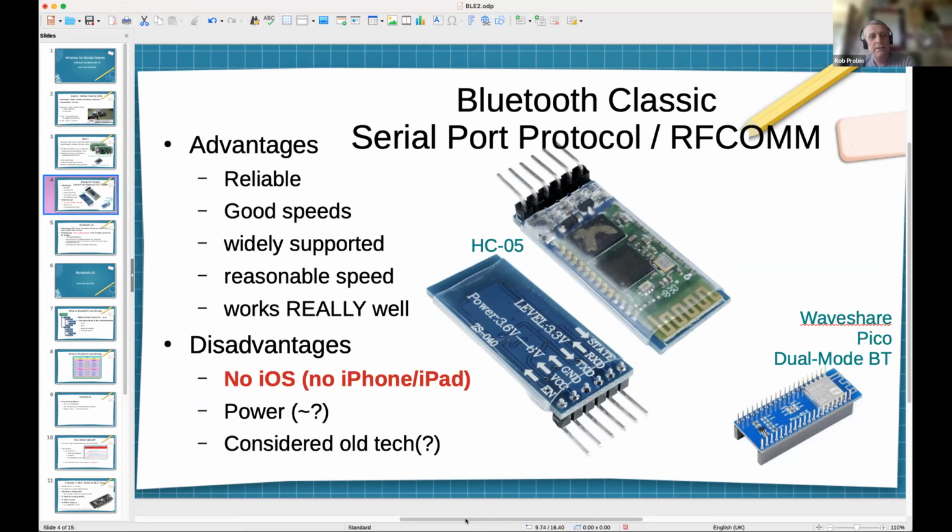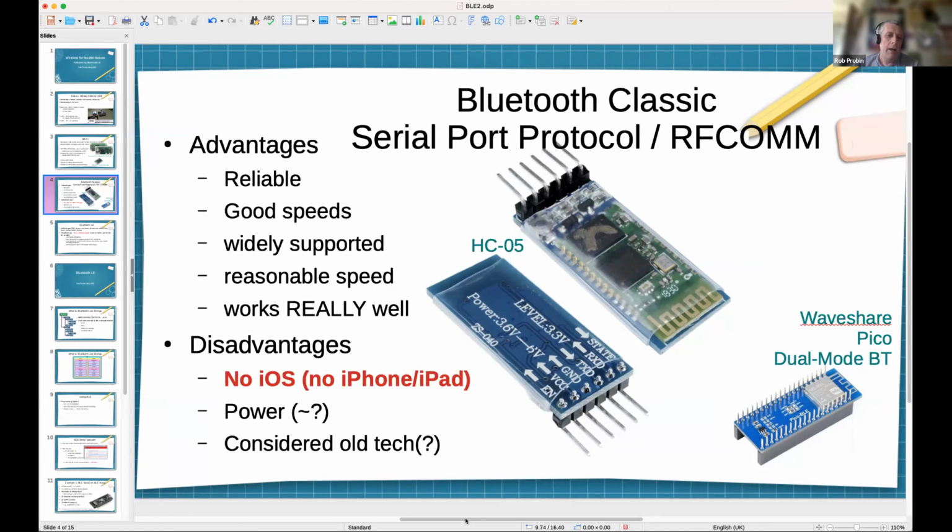One is that although it works well on Windows, Linux, and Mac, it doesn't work at all on iPhone, right? This is classic Bluetooth. They're using something called the Serial Port Protocol, or RFCOMM, and iOS only supports certain Bluetooth classic profiles, and the Serial Port Protocol is not one of them,